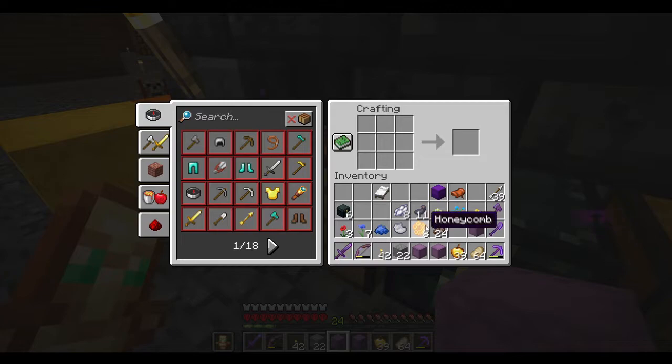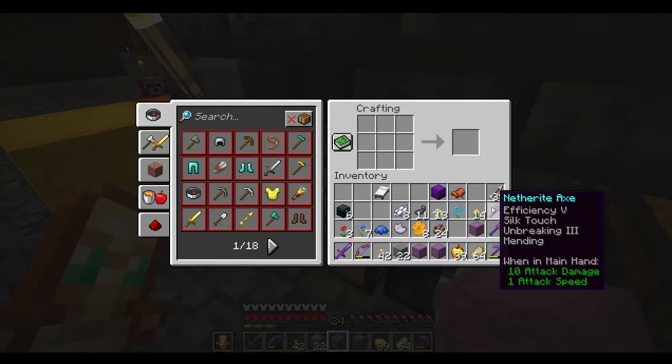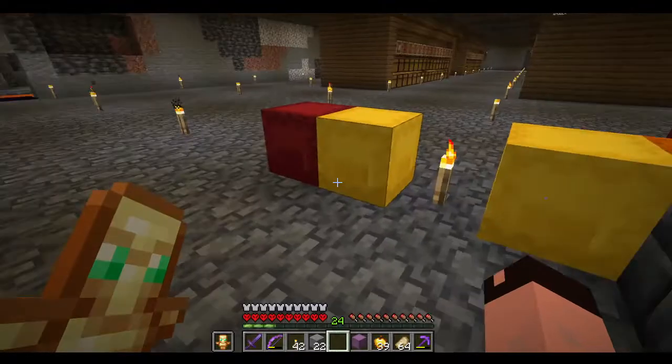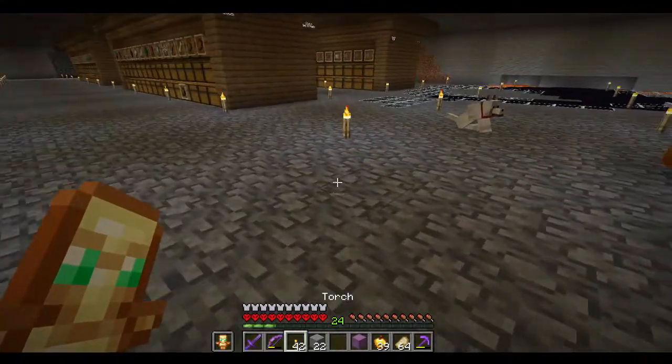So I don't know why we have honeycomb. If we did that, we're gonna need yellow dye and a red dye. Should give us 2 orange, which means that we probably have another orange dye somewhere that I just haven't used and have now lost. But we got an orange shulker box. In fact, let's, before we make this any worse,